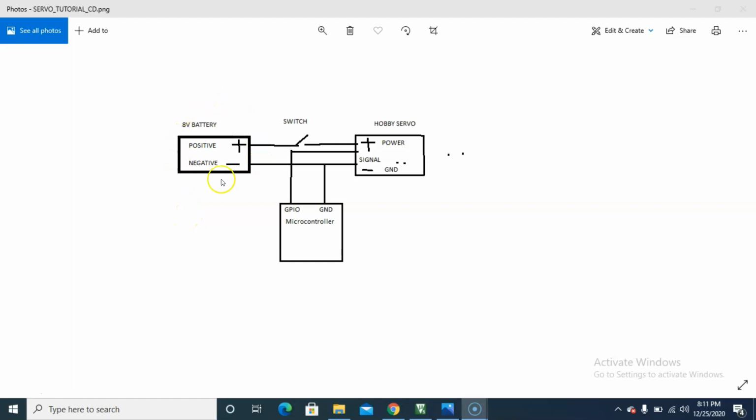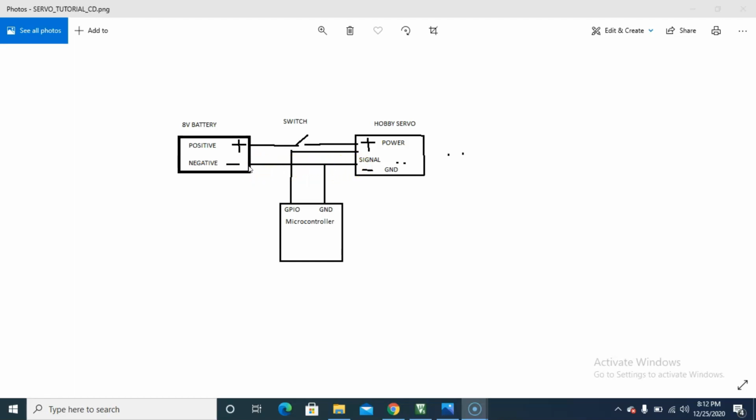We have an 8-volt battery just powering the hobby servo. In between the power connections we have a switch. Positive is connected to positive of the hobby servo, negative of the battery is connected to the negative of the hobby servo, and the ground of the microcontroller, in our case it is STM32, is connected to the negative of both the hobby servo and 8-volt battery.